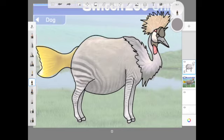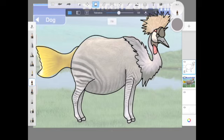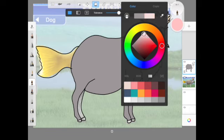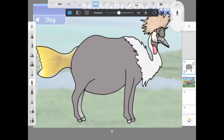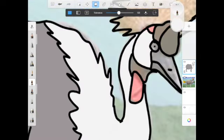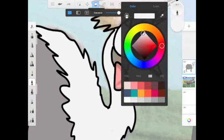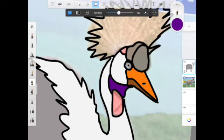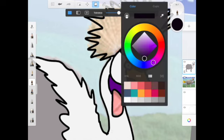rid of it. But for this purpose, since that will take a little while to do, I'm just going to fill it in solid color. You can do it either way, whatever your preference is. So I'm going to go back and fill in my bird and make sure I got my solid colors. And you can always add detail and some shading with the solid colors too by going back and just coloring